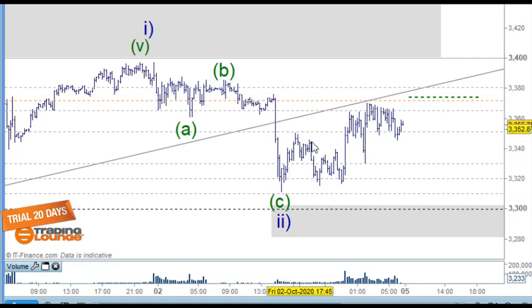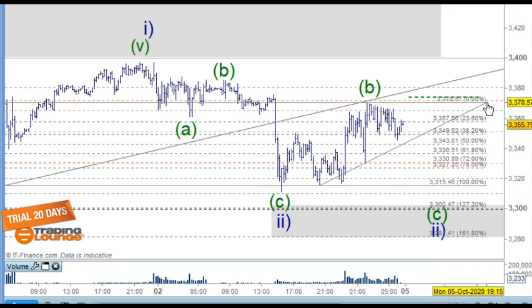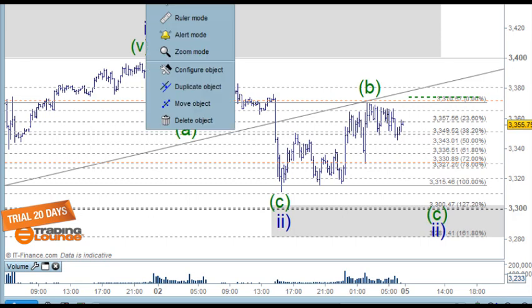We can count it as an A and a B and a C wave here, and then we pull back in over here. So that's all possible. So we could put that B wave there, that C wave over here, and we could pull back into that space. So we need to understand that, and we can look at this in terms of from this low here to this high,